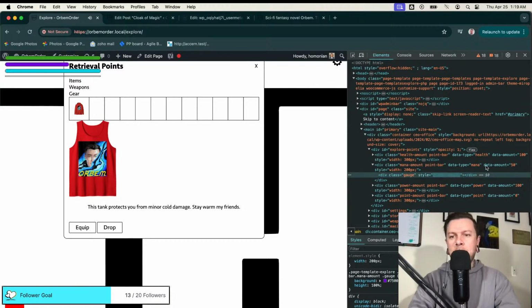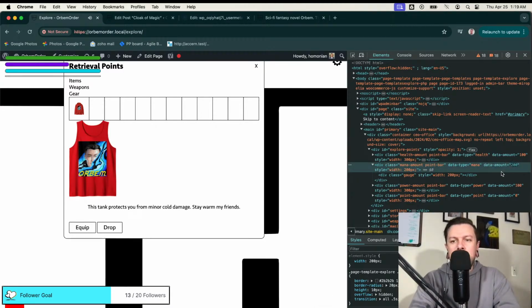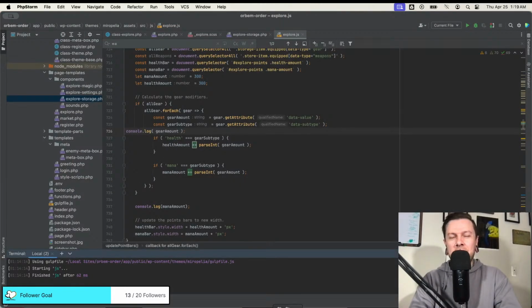And then the math is really easy, because if the data amount goes to 50, or if you go down by 5 pixels, then you just make sure it goes down 10 pixels. I don't know. That's kind of stupid too. I mean, is 100 pixels not wide enough for a points bar, you think? Is that kind of puny? I mean, you're starting at 100.